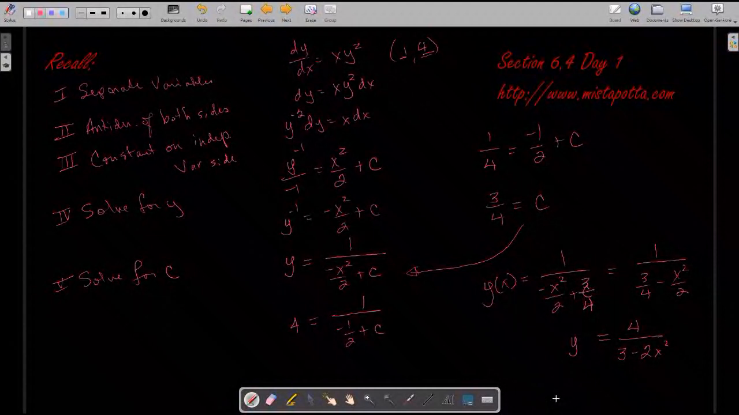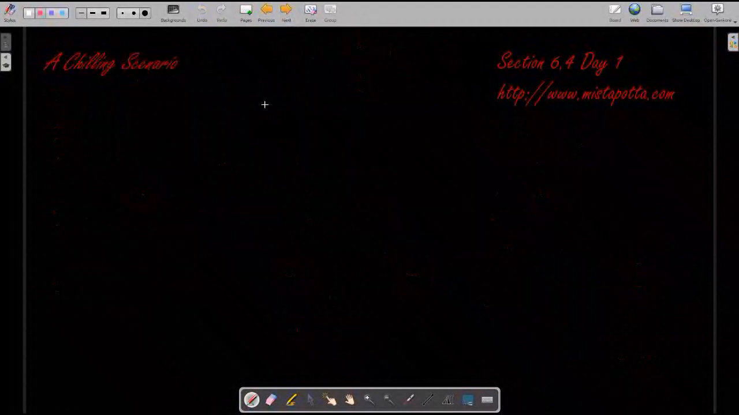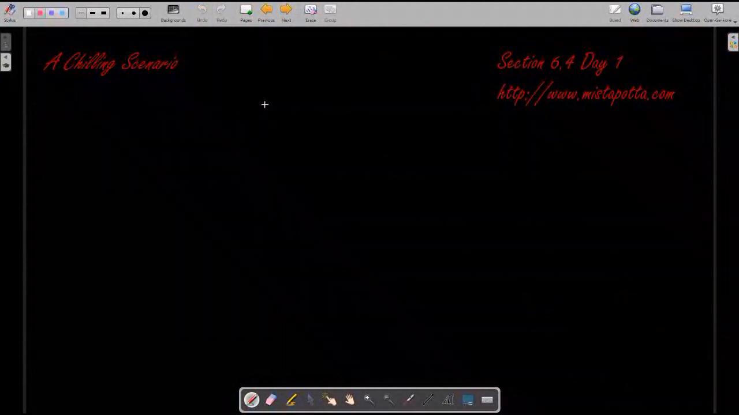So this is the idea of how we go about solving a differential equation. What I want to talk about now is Newton's law of cooling. The whole idea behind Newton's law of cooling is that whenever I'm trying to either cool something down or heat it up, my rate of change of temperature with respect to time is not only